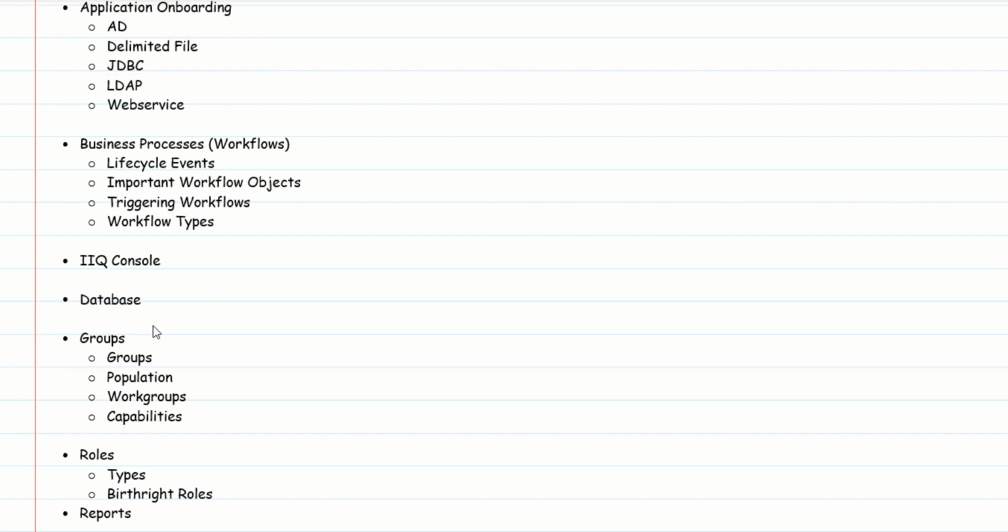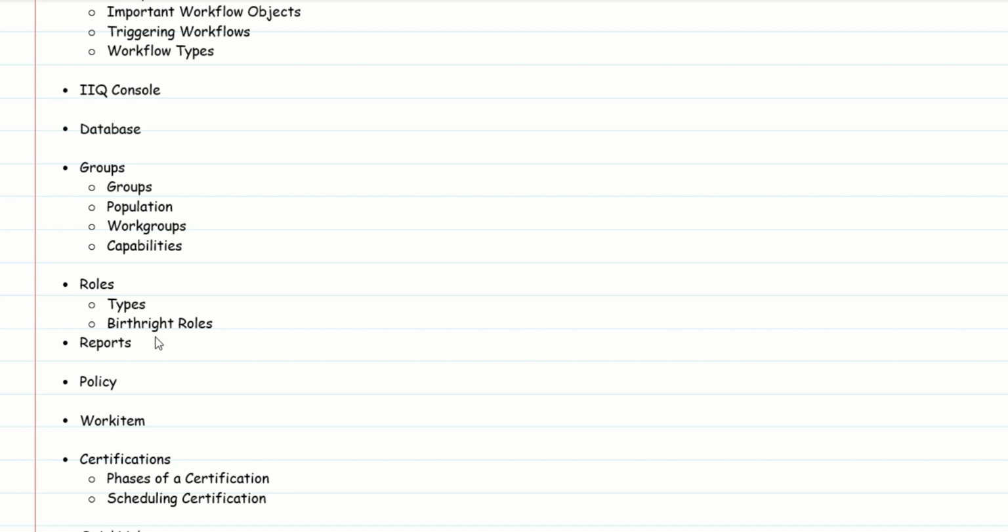Then comes groups. So this is for administrator purpose, like groups, population, work groups, and capabilities. So these are access or capabilities within SailPoint IIQ, like how you can provide or authorize users within IIQ. Then roles, types of roles, what is a birthright role, business roles, and all you need to understand. And configuring reports is also another important module, like reports auditing helps in the auditing or compliance things, like sometimes